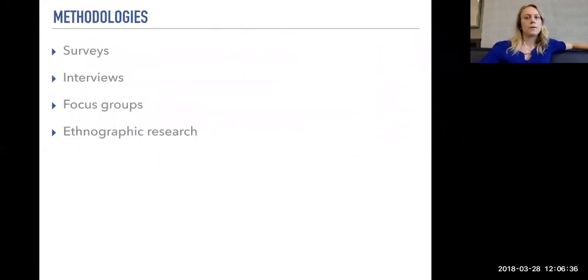So there's different methodologies for obtaining this user research. Really, first and foremost is surveys, and then interviews. Focus groups are really between 6 to 8 people, and then ethnographic research is actually being able to observe either directly or indirectly a person interacting with a particular product, almost like anthropological research of watching people interact with a website, or